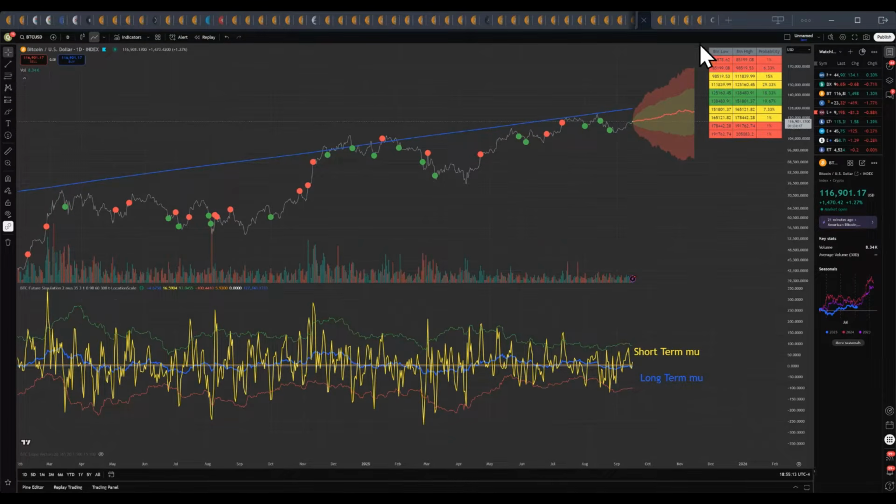Something. Yeah, I think now this should be better. Okay, let's try again. Okay, so what this indicator does,